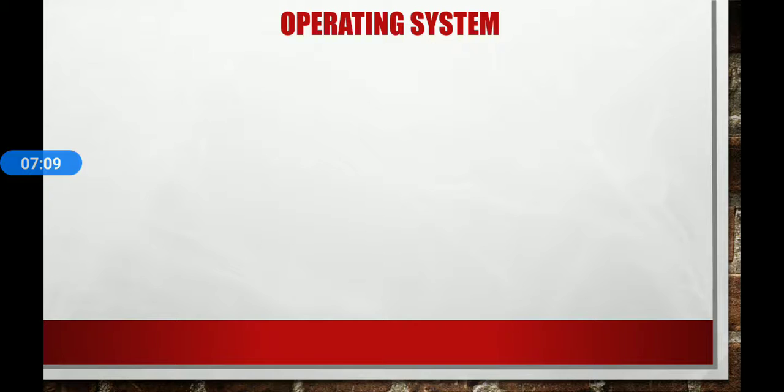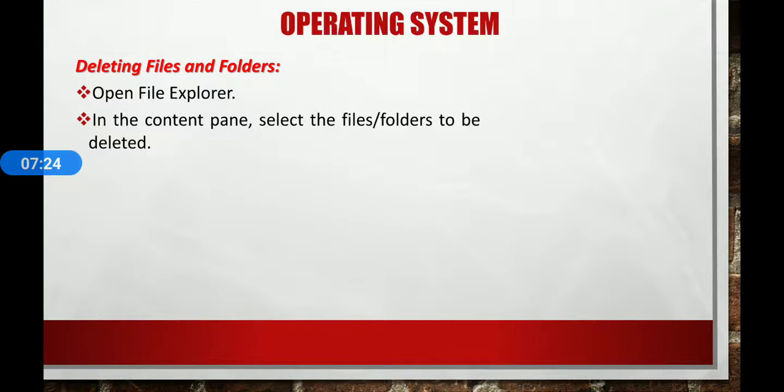Now let's see how to delete files and folders. Deleting a file or folder from your computer involves two steps. You delete selected files or folders by using the delete command. The deleted files or folders are moved to the special area called recycle bin, which is a holding area for deleted files or folders. As long as deleted files and folders are in recycle bin, they can be restored or undeleted, and once permanently deleted, they can't be restored.